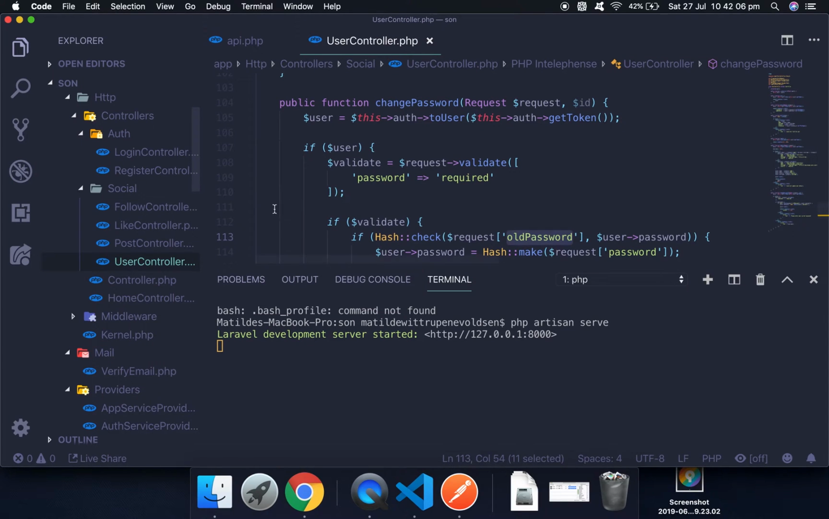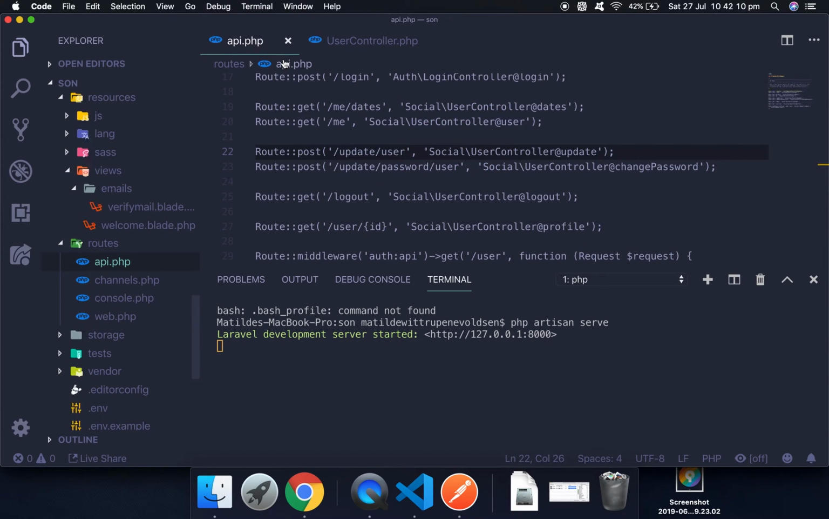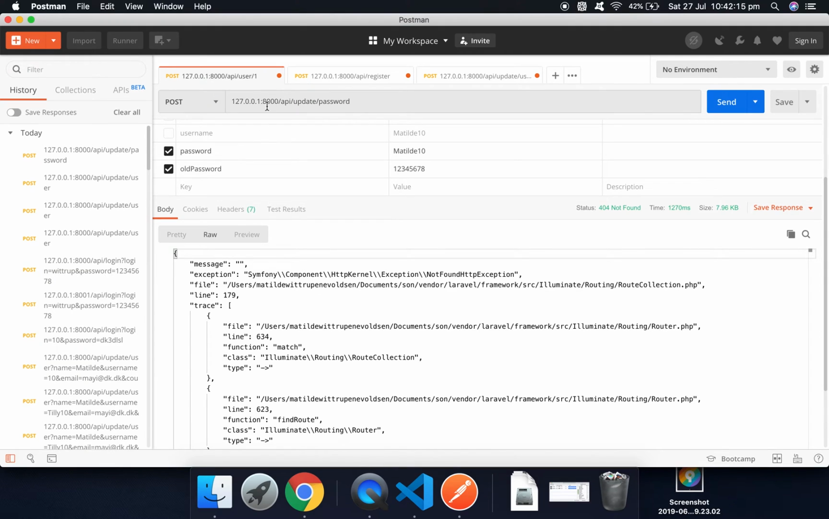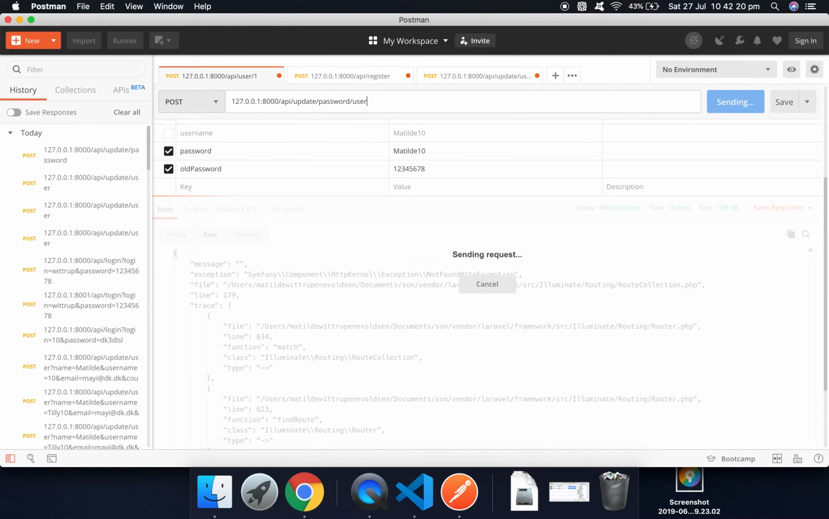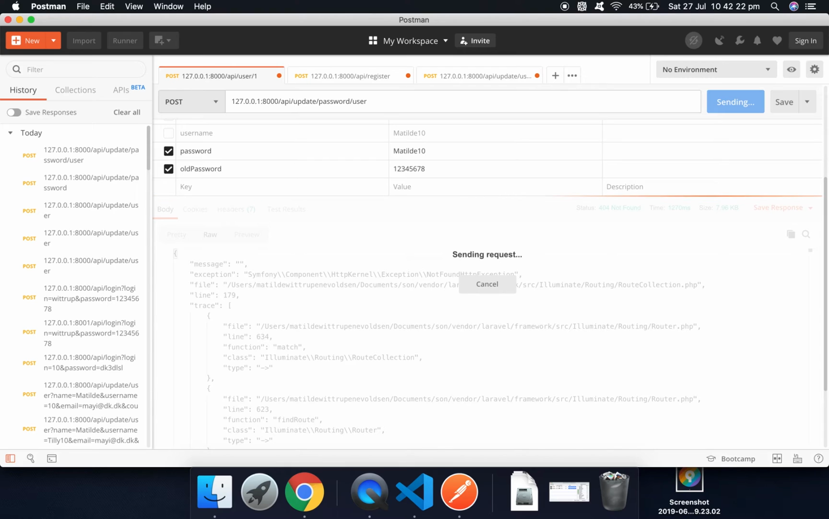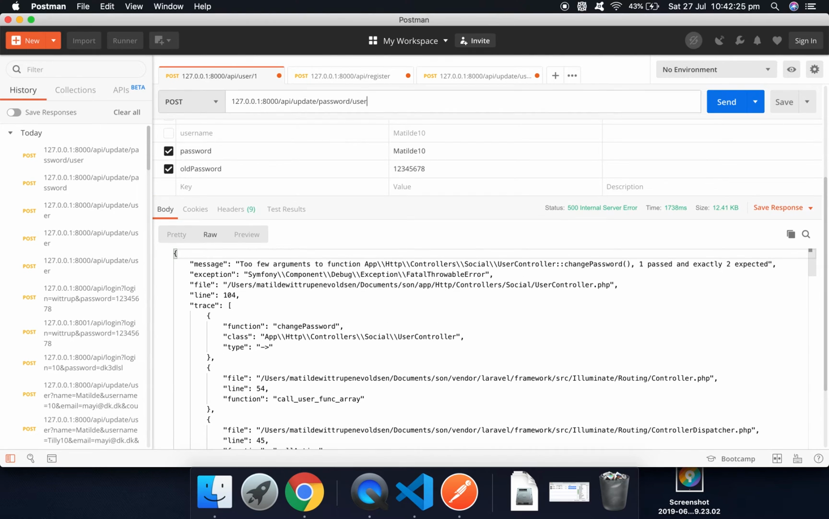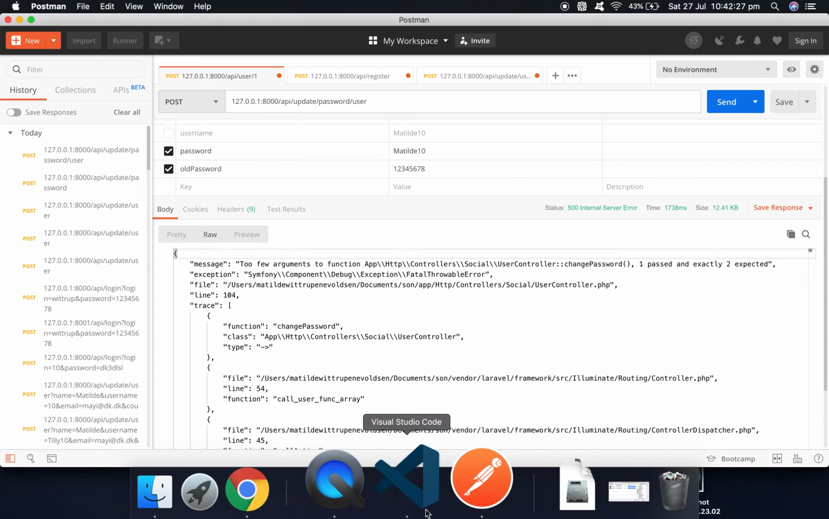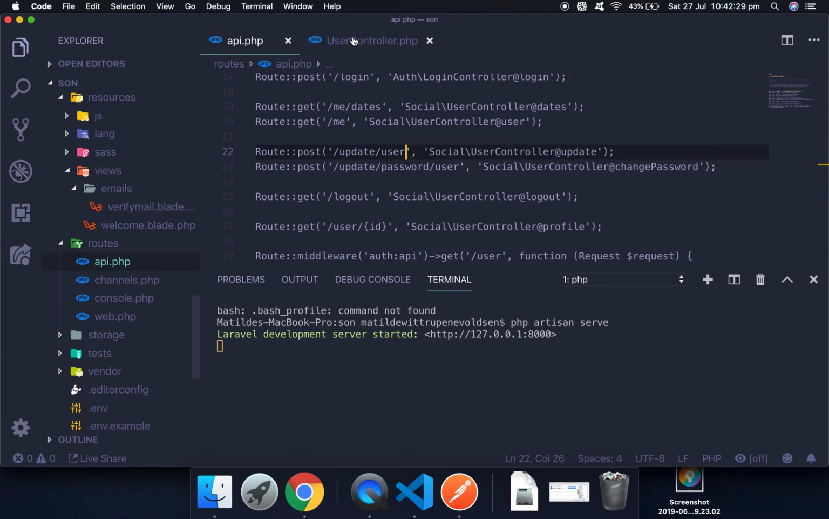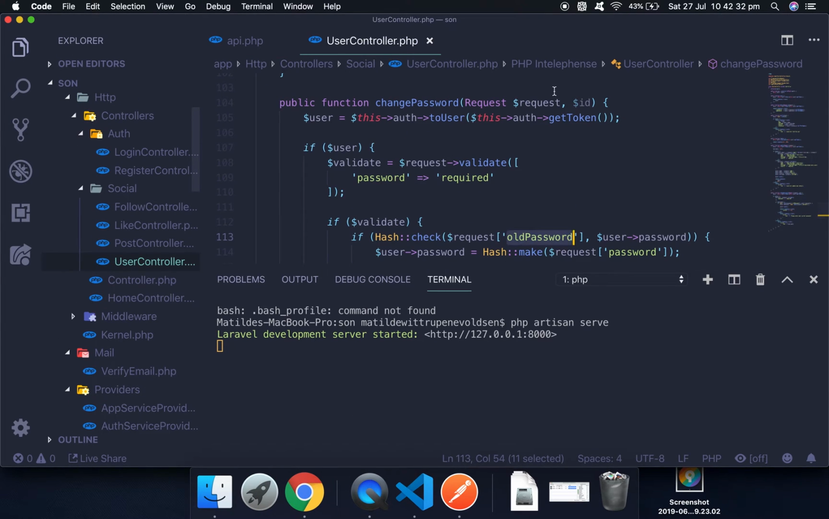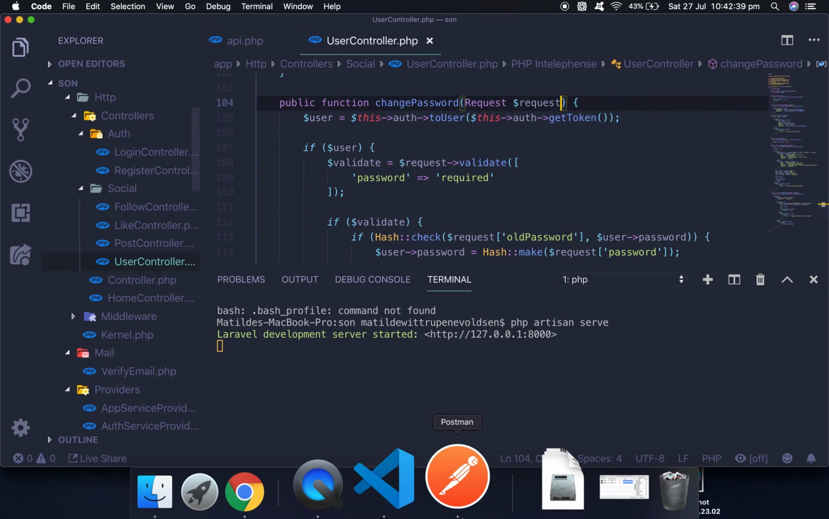It's route issues. Okay, let's go inside the API here. Make sure we have created the route. Update password user. That's why. And then we need to remove the ID inside here, because it's complaining about missing the ID filter. So if we now go in here,